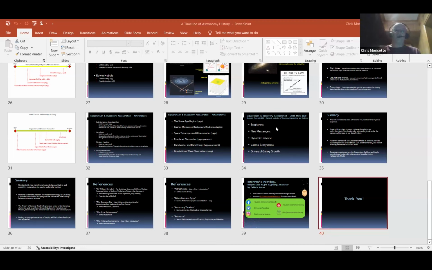But Tycho, I did think about him, but I didn't include him because, again, his observations were helpful, but there wasn't anything revolutionary. And then he also, I think, still hung on to the geocentric model as his operating model of how the universe really works. So that's why I didn't include Tycho.